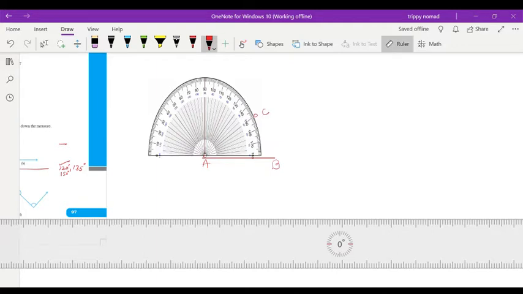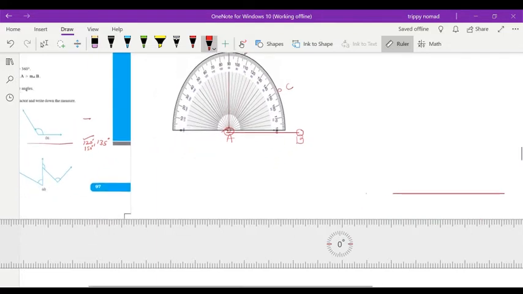Suppose children, you have to make another angle. Suppose I am drawing one line here also, and if you have to make an angle of 75, so you will not see this one. So here, you see, this one is 70 and this one is 75. If on the left side you are going to draw, then you have to see the lower numbers. Same way you have to measure the angles. If you are going to make an angle on the right side, then the upper scale.